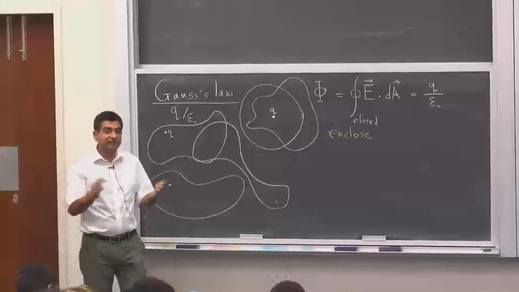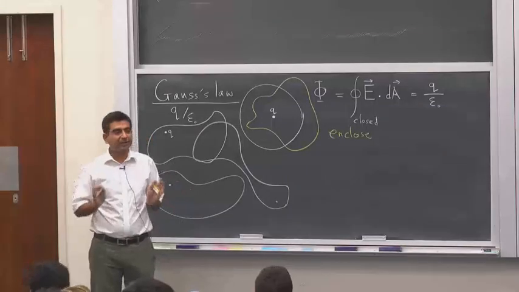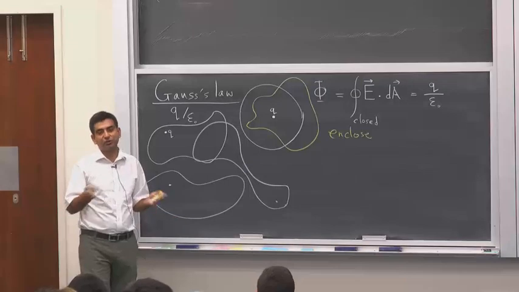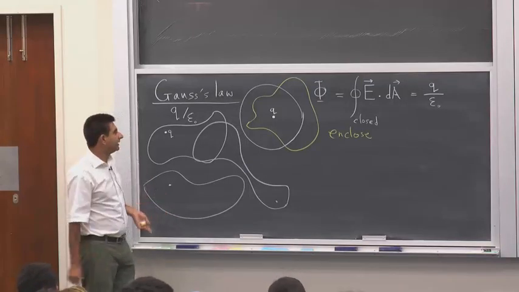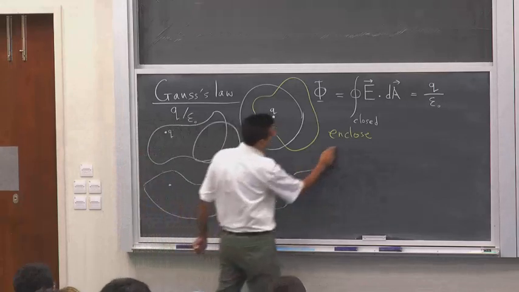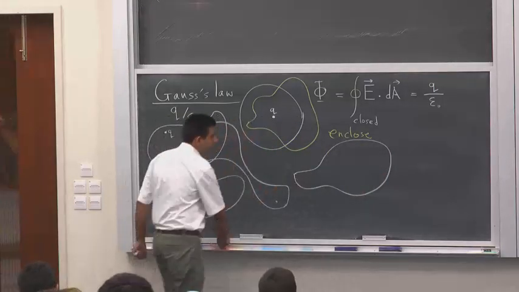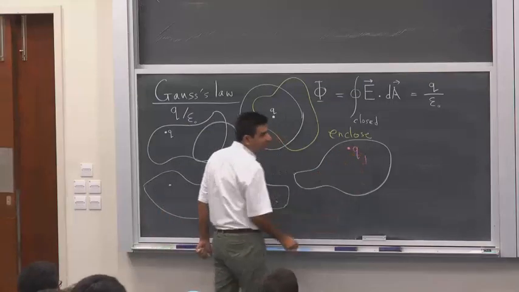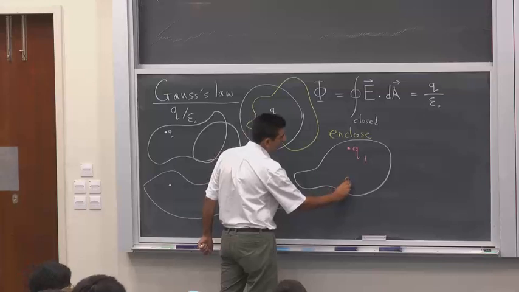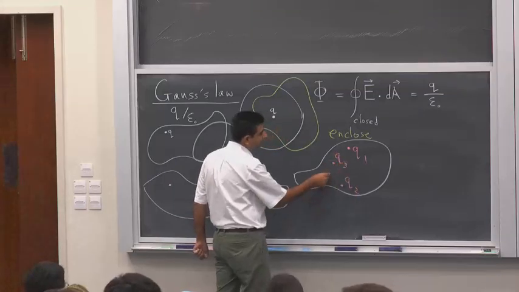Alright? And the surface could be arbitrarily skewed. It could have any shape whatsoever. The only requirement is that it must be a closed surface. Okay, it must not be an open surface. This also means that if I have a surface like this and I place a charge Q1 here and I place a charge Q2 here and I place a charge Q3 anywhere inside the surface, and likewise I have a large number of charges Qn,